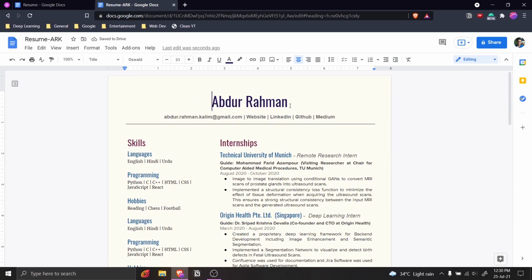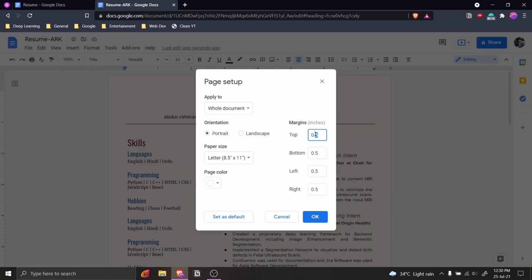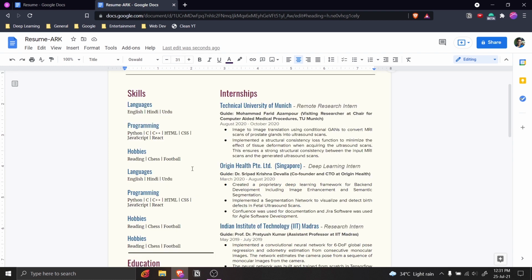Cool. And also here, if you see, there's a lot of space on top. If you want to remove that, again, the process is very simple. All you have to do is just go to Page Setup and reduce the top border from 0.5 to, let's say, 0.3, and it will move up, right? Similarly, I can see that this color is a little off compared to the rest of the document.